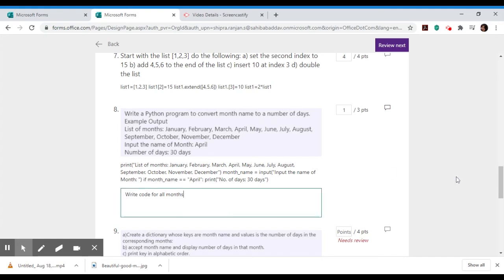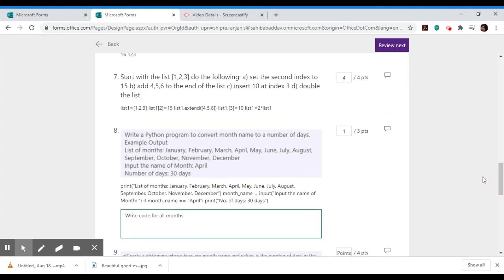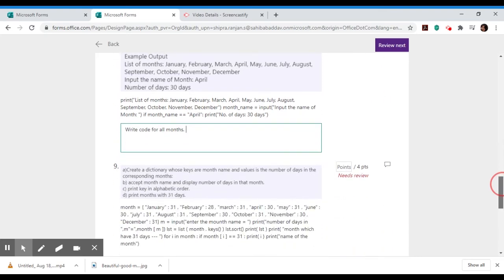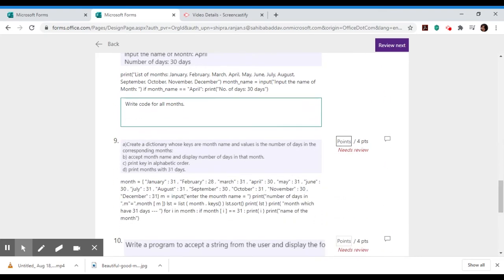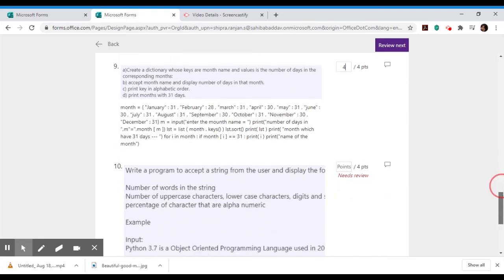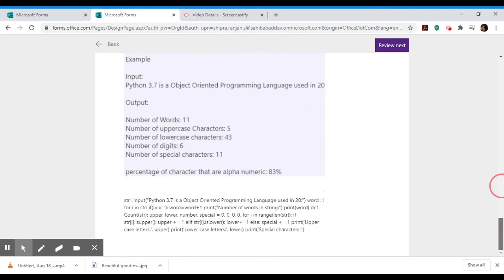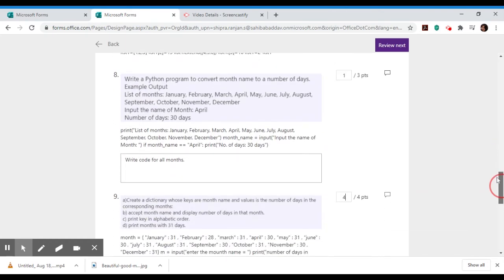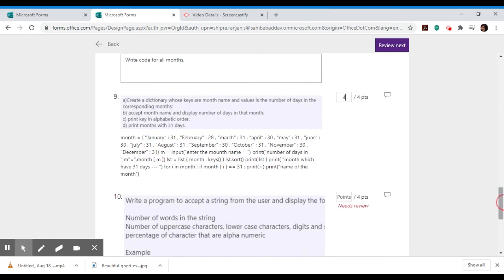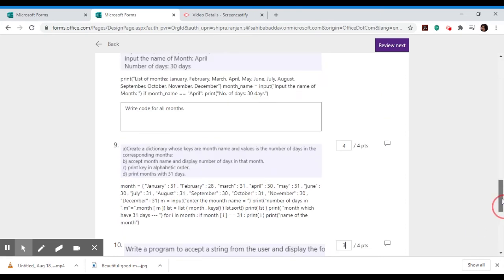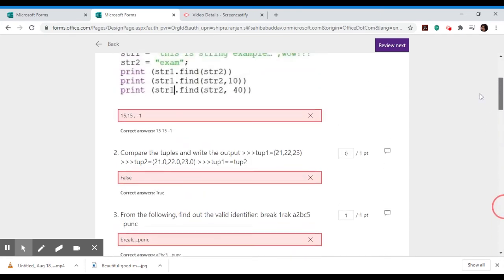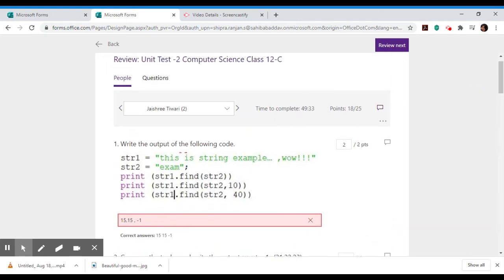So this is the feedback. Then let's check another one. It's entirely correct, full 4 marks. And the last one will get 3 marks, so I can give 3 marks. And marks are automatically totaled. We don't have to total them manually, so the student gets 18 marks out of 25.